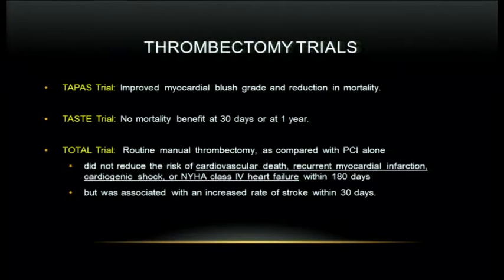So there are three important thrombectomy trials. The TAPAS trial, which showed that there was an improved myocardial blush grade after percutaneous coronary intervention, and also there was a reduction in mortality. However, the Scandinavian trial, the TASTE trial, did not show any mortality benefit at 30 days and even at 1 year. The largest of the trials was published in the New England Journal of Medicine in April 2015, enrolled close